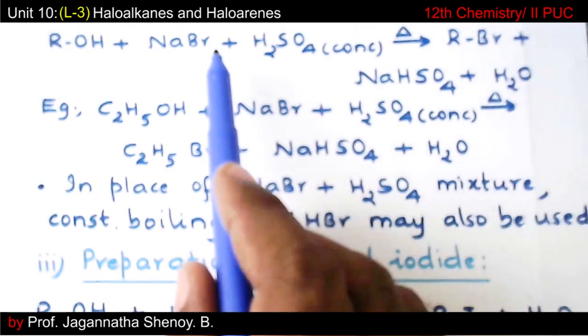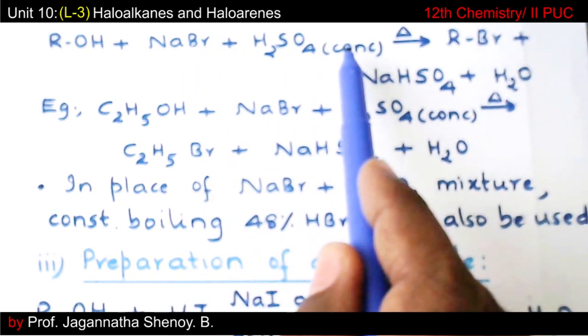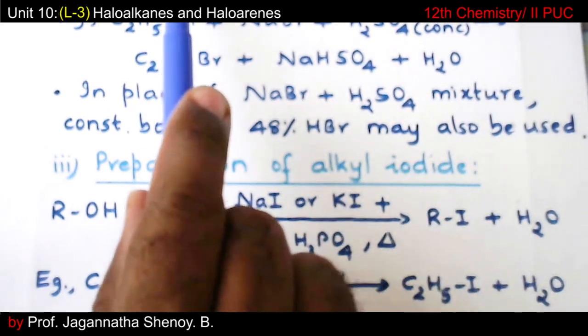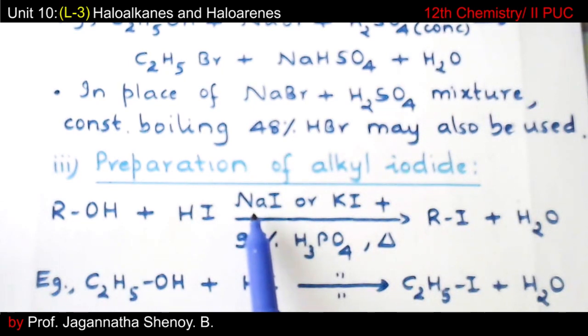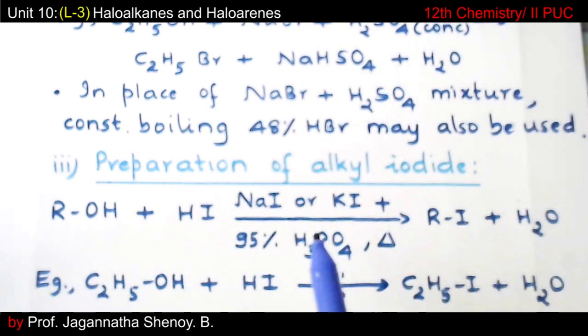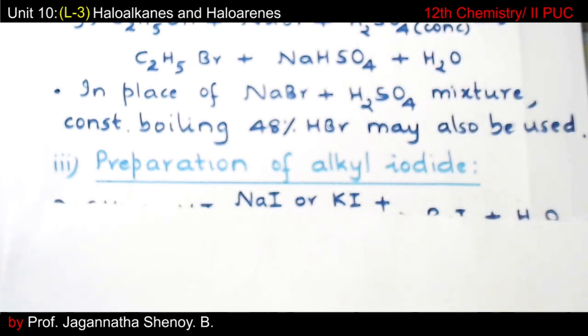While preparing bromide, I made use of a mixture of sodium bromide and concentrated sulfuric acid. When we come to the preparation of alkyl iodide, similar to NaBr, we have made use of either sodium iodide or potassium iodide, but in place of concentrated sulfuric acid, we have made use of 95% H3PO4. Now the question is, why should we replace concentrated sulfuric acid by 95% H3PO4? Now, in order to understand that,